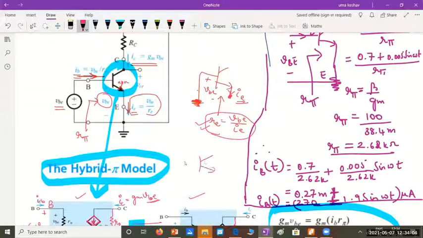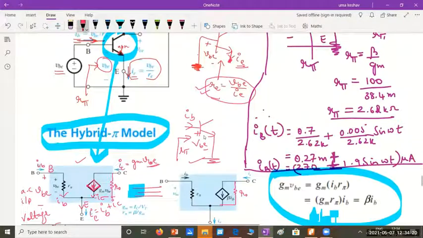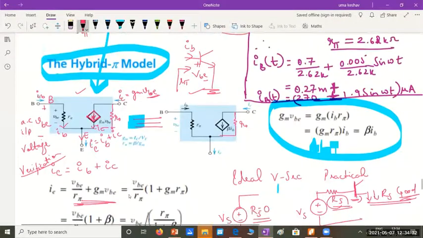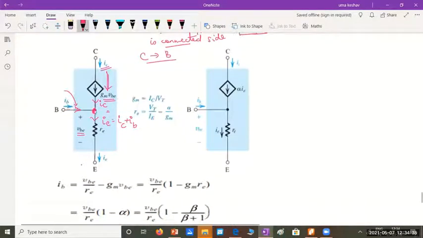If I consider the base current to be flowing and the base emitter voltage, then the resistance seen from here, I'll call it R pi. That is the resistance which I used in the hybrid pi model, because I had considered the base current and the base emitter voltage. But here it is the emitter current which comes into picture and the base emitter voltage. So the resistance that exists will be RE. So from this terminal to the emitter, the resistance which comes into picture is RE.